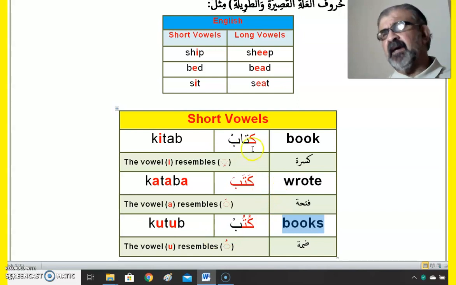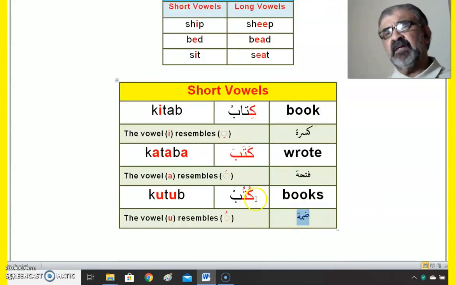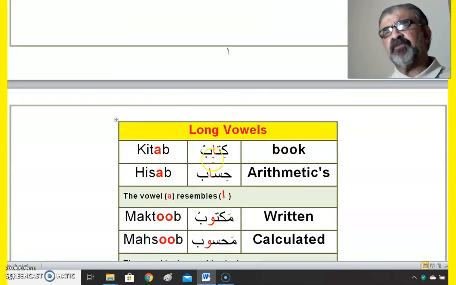So again, how many short vowels do we have? 3. Kasra, fatha, dhamma. Kasra, written under the letter, ki. Fatha, written over the letter, ka, ta, ba. And finally dhamma, which is written over the letter, kutub. Now, as for long vowels,